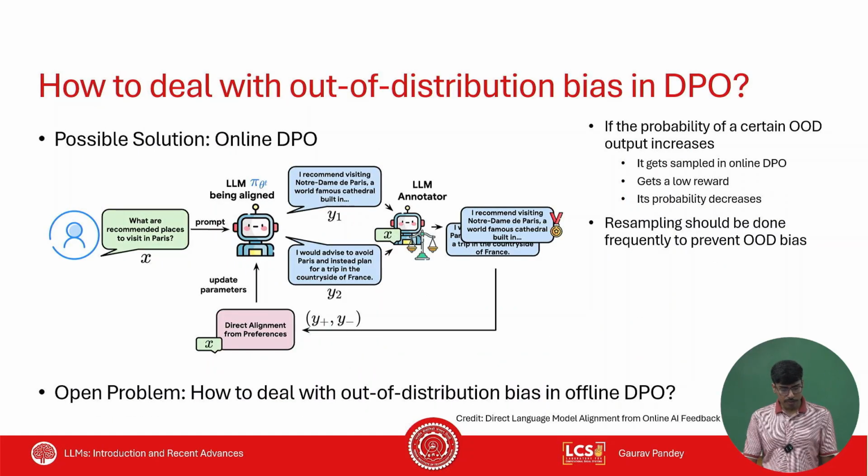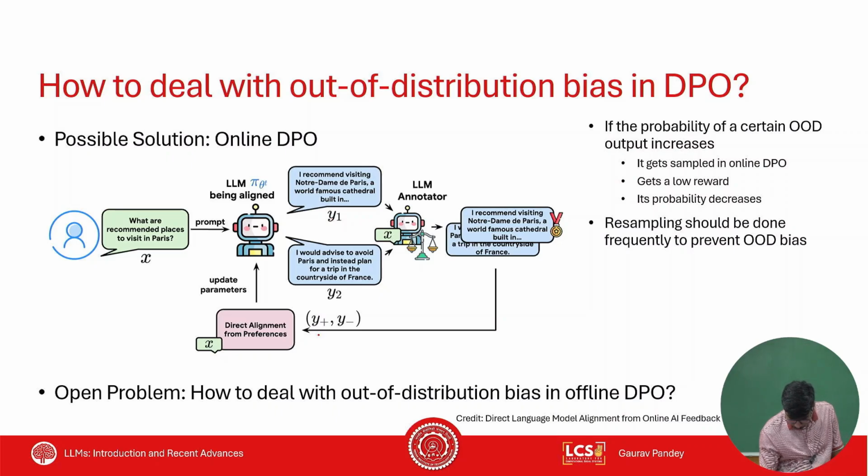So how to deal with out of distribution bias? This is also called out of distribution bias. What you mentioned, that outputs that are out of distribution, their probability also increases. So one possible solution is online DPO. In online DPO, it's similar to PPO. So basically, you learn a reward function here, or you assume that you are given a reward function, and you generate outputs y1, y2, and get them